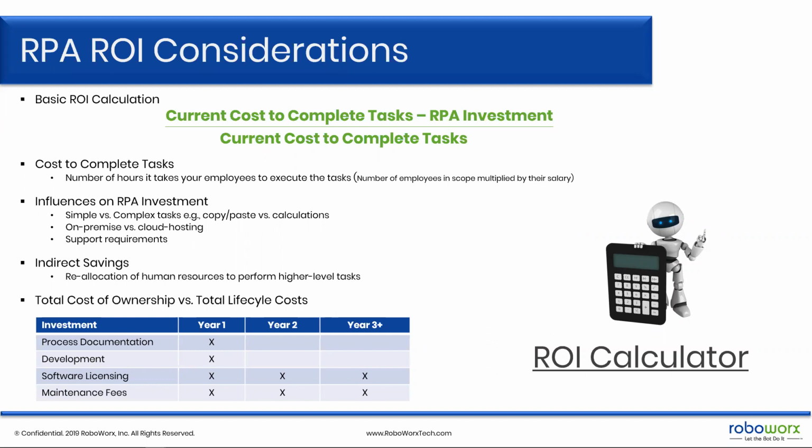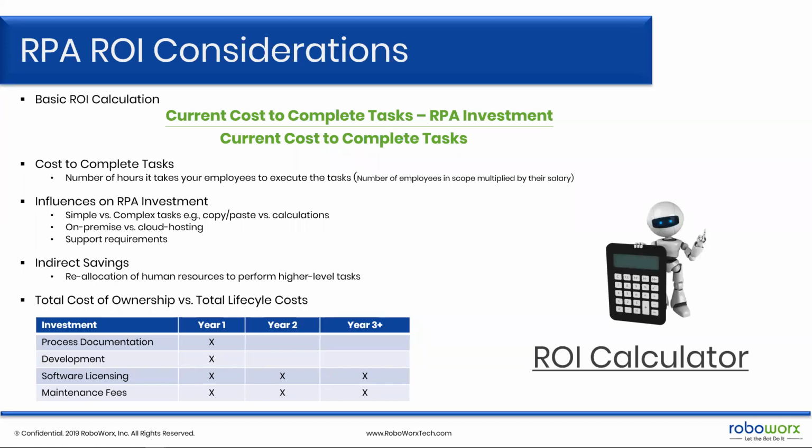So what I tried to do here is just give you some things to think about in terms of what would impact those costs. So the first one here says the cost to complete the task. So if the ROI is going to come because the human worker doesn't have to spend the time to process these tasks, then you have to say to yourself, well, how much am I paying them to process them today? That's going to be the most expensive part of the process, what you're paying those people, those workers.